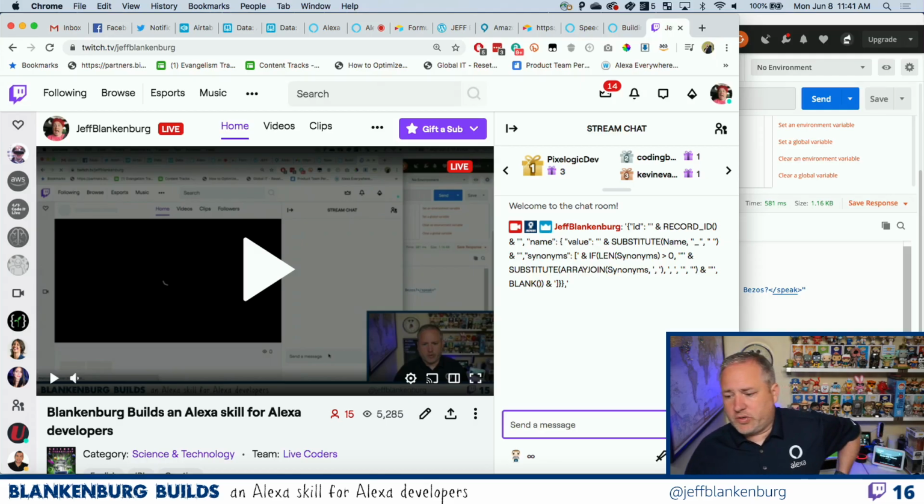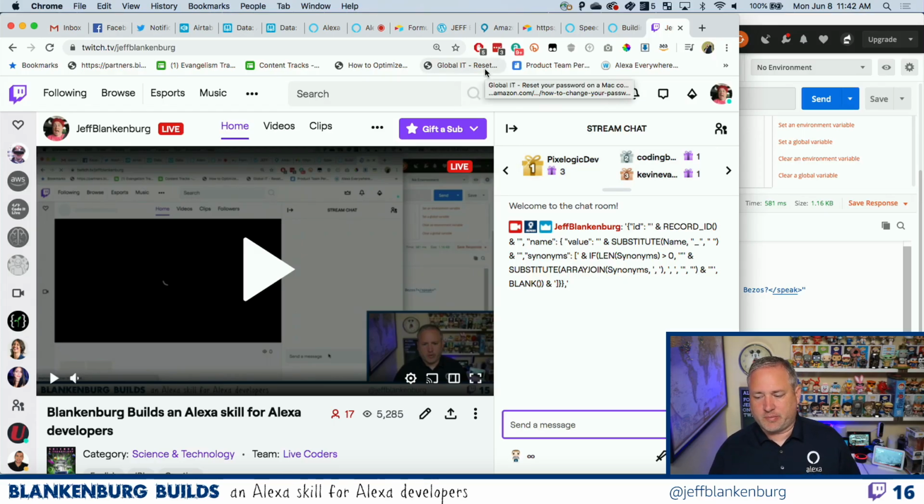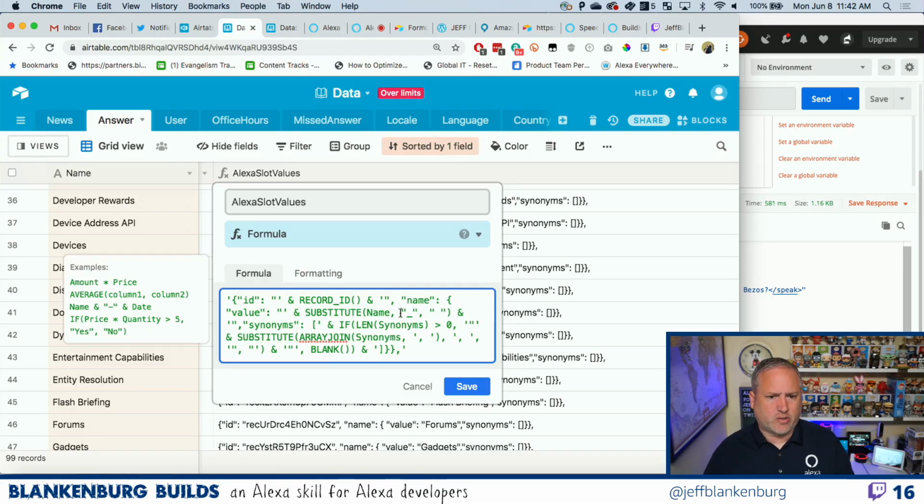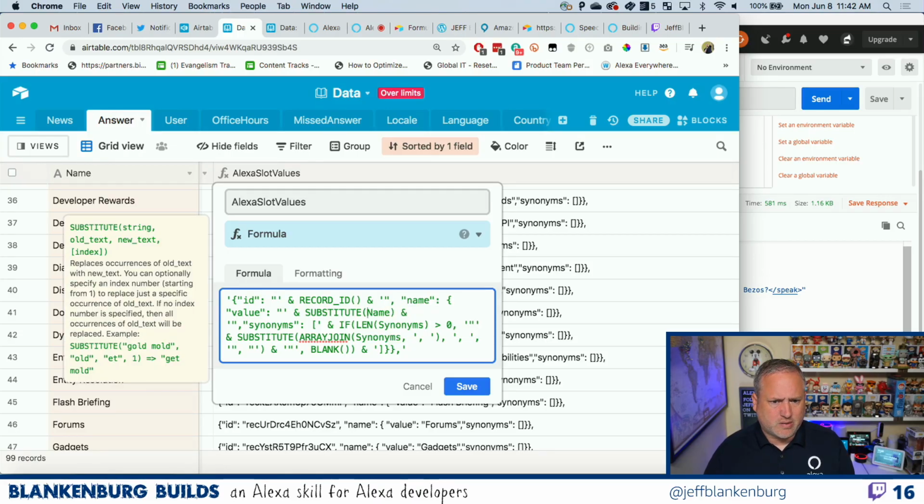So there you go. That will generate the perfect JSON for all of your values that you have in a table. You could even use this if you're not using it as your backend service. This might be a good way to manage your slot values, because then you can generate that JSON. This does conditions on, like, does synonyms exist? It doesn't put quotes in places when it doesn't need to. There's a lot of things happening there, but basically I'm substituting out. You'll also want to catch that, because the example I just gave you is substituting out underscores, and I actually don't want to do that for this example. I did want to do it for the sound effects, so I'm going to get rid of that piece because I don't really need that part.